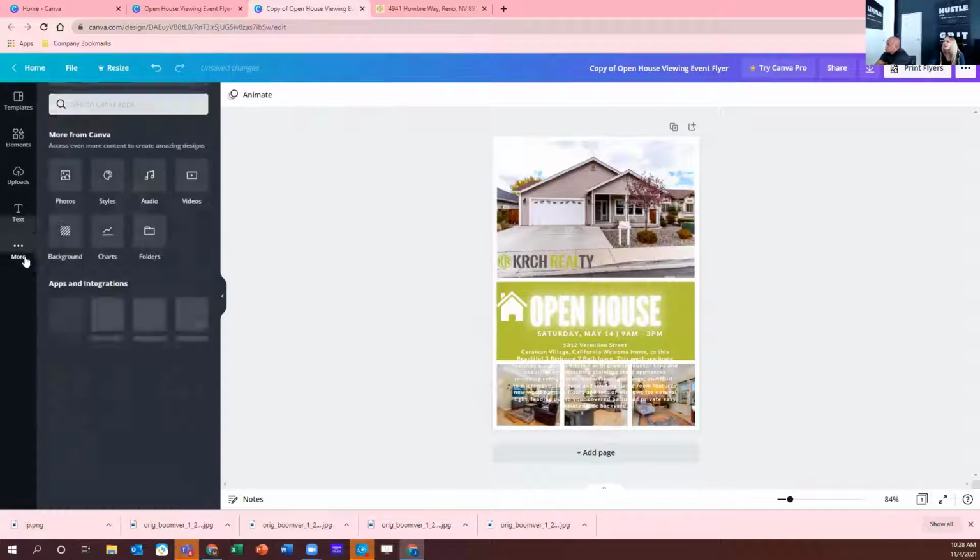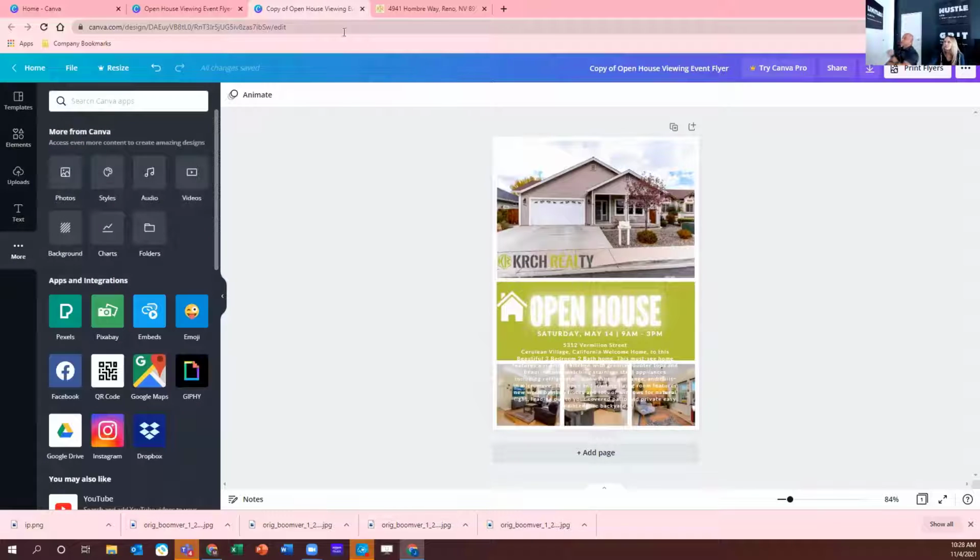What else can you do? You can just do all sorts of stuff. It's really cool. And so this is pretty much what you do with an open house flyer. And then next I can show you how to do